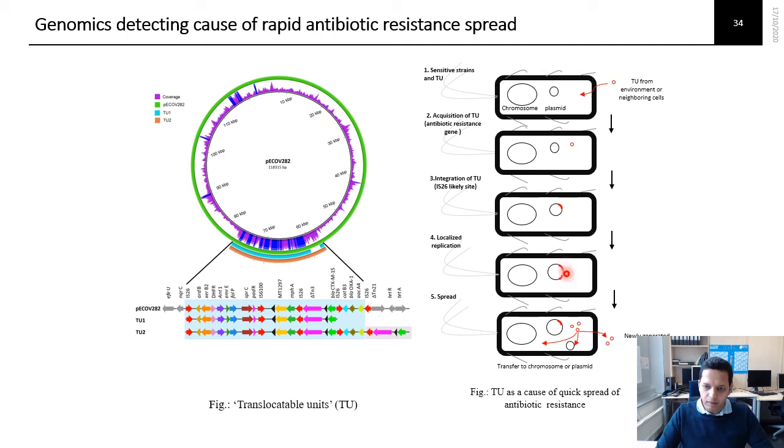If they make several copies of themselves, they can produce proteins, or enzymes, that can kill the antibiotics. Not only this, they can produce different copies of themselves, and these copies can then get distributed to different isolates. So this is a very easy way of distribution of antibiotic resistance genes that we could capture by whole genome sequencing.